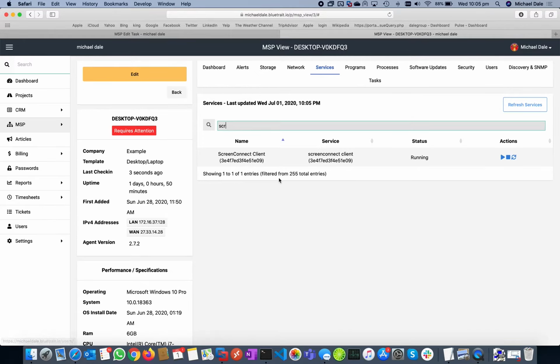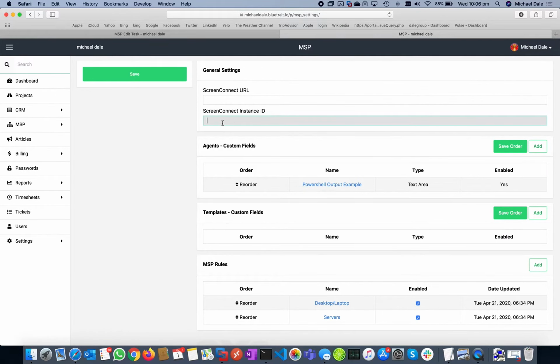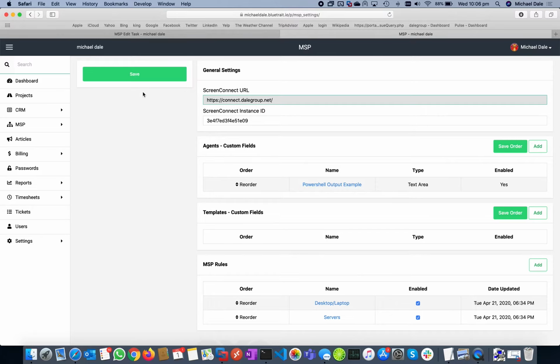So what we do is we copy this unique ID here, go into Settings, scroll down to MSP, and then in the instance ID we paste that value there. The URL will then be your ScreenConnect URL, and so that will be HTTPS with your ScreenConnect URL. This should work for both hosted and non-hosted instances of ScreenConnect. So then we go Save,